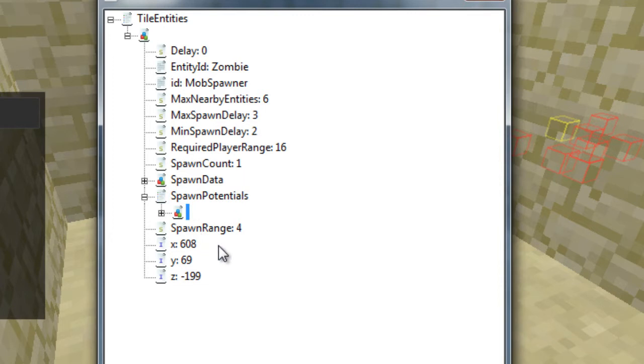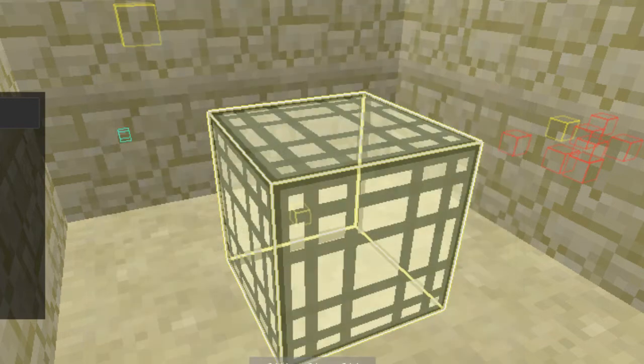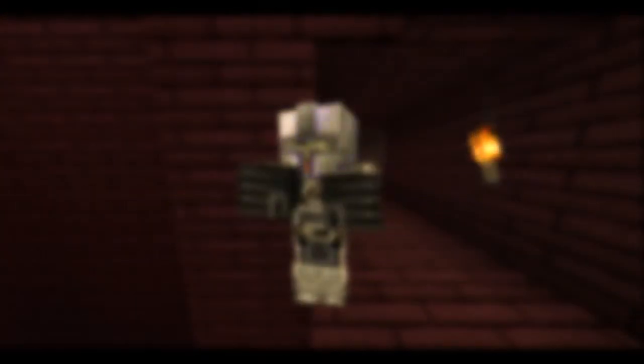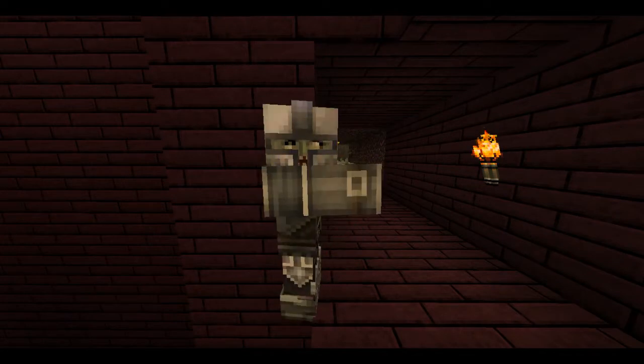So you may be wondering what the point of all this is. Well, what it allows us to do is have a single spawner that spawns entities with different data. The idea is just to create a sort of random effect in the system and not have to have hundreds of spawners. To put this into context, you may have seen some mobs from spawners with armor. This is a perfect example of when a spawn has randomly taken some data from spawn potentials that includes